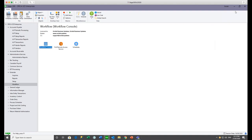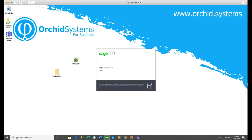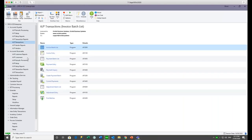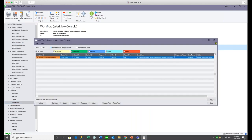So I'm just going to log in now as Steve, because Steve is a member of the finance manager group. And when Steve goes to his workflow console, as you'd expect, he also sees this entry for the batch number 99. And from the workflow console, he could drill down